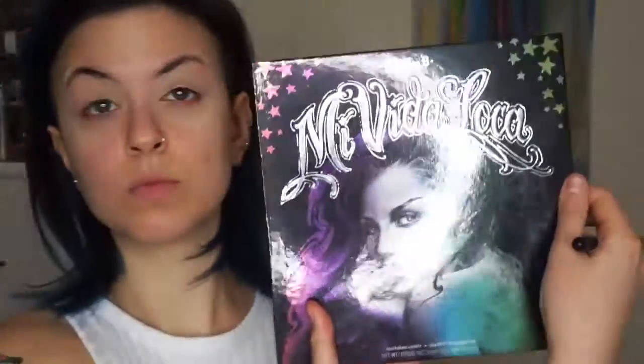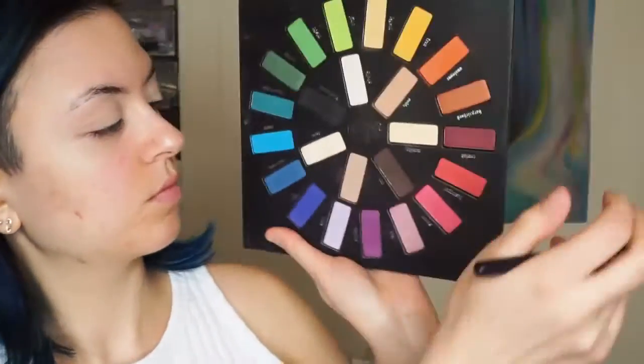This happens to be the NARS Radiant Creamy Concealer in the shade Chantilly. And I'm just blending that out with my fingers. I'm actually going to be using my fingers a lot in this tutorial, so get ready. Anyway, so now I'm going with my Kat Von D Mi Vida Loca Remix palette, and I'm taking that reddish shade on an Inglot 6SS blending brush, and I'm just putting that through the crease in windshield wiper motions and